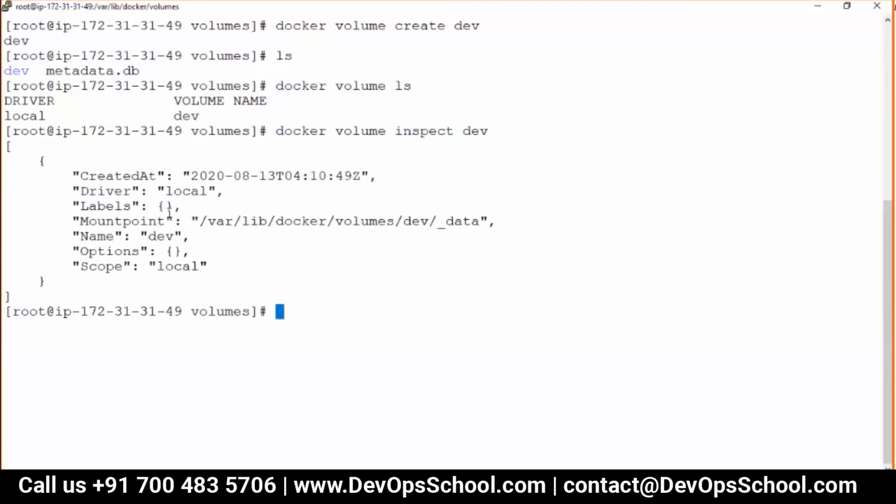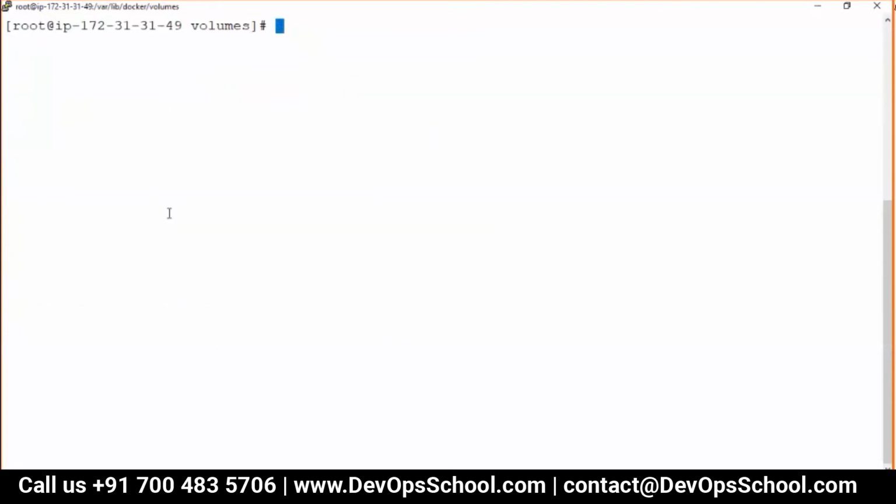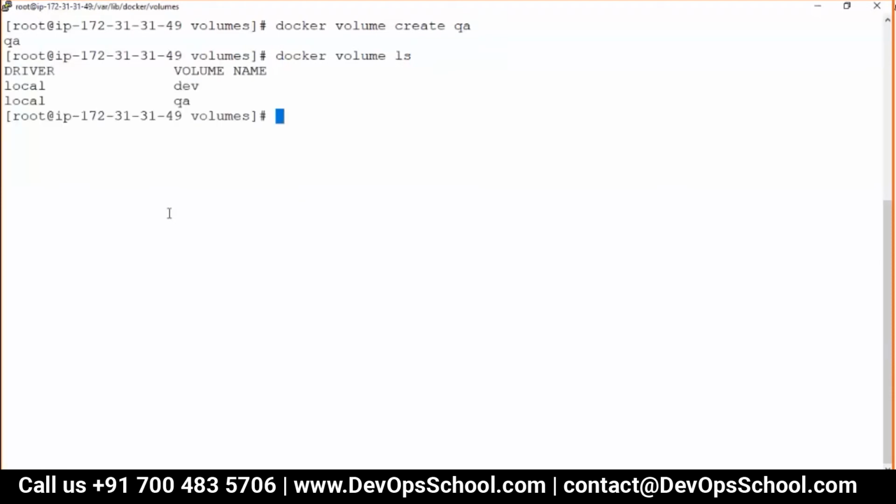So I created a volume. I can delete the volumes, I can list the volumes, I can prune the volumes, I can inspect the volumes. That is done. How can I use the volume? That is the question which is pending right now. So did you understand this? Yeah. So guys, of course you want to use it in the containers. Now the question is how.